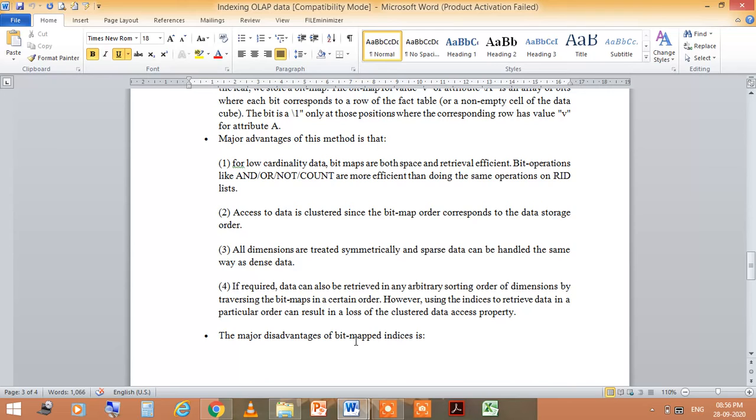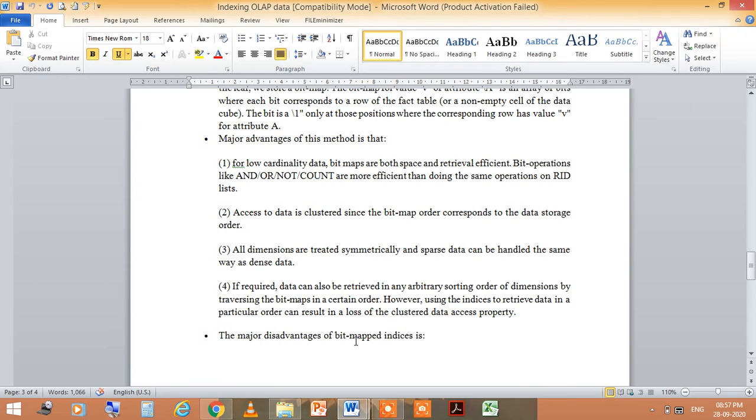The third is that all dimensions are treated symmetrically, and sparse data can be handled the same way as dense data. The fourth is that, if required, data can also be retrieved in any arbitrary sorted order of dimensions by traversing the bitmap in a certain order.